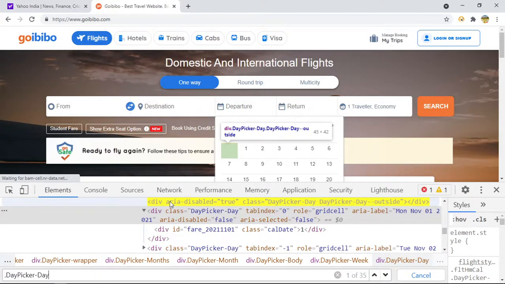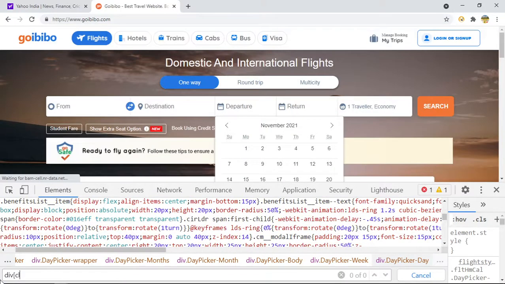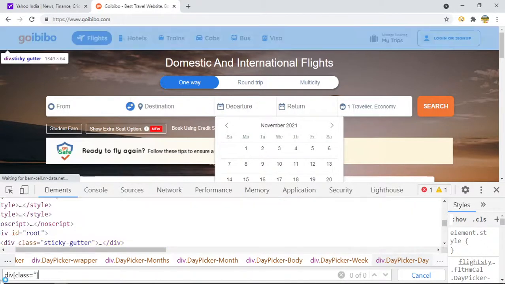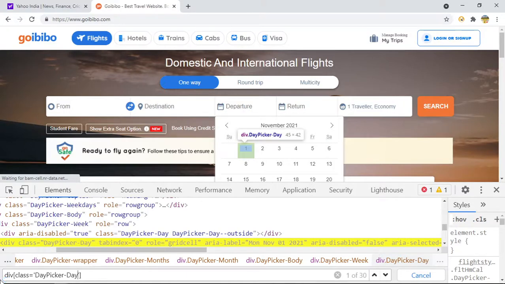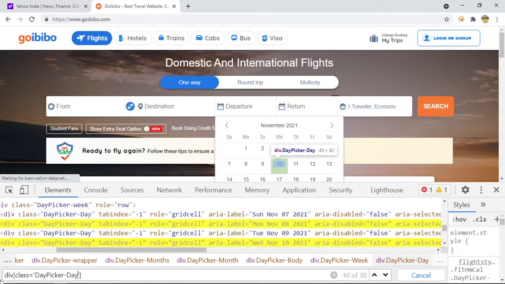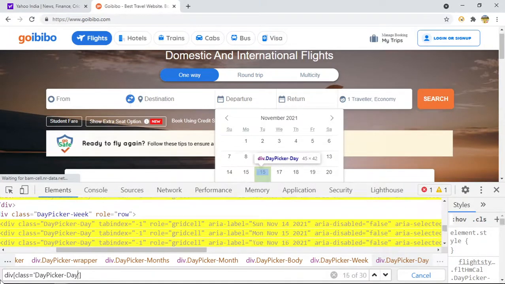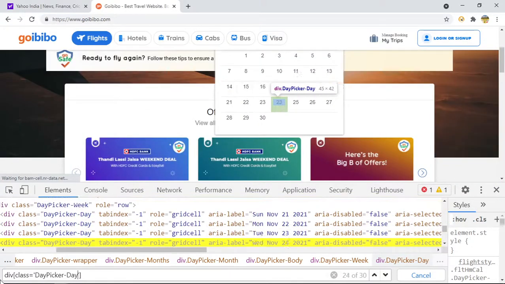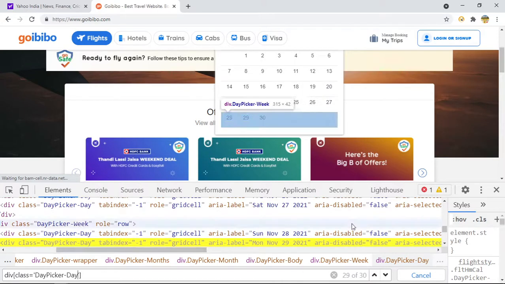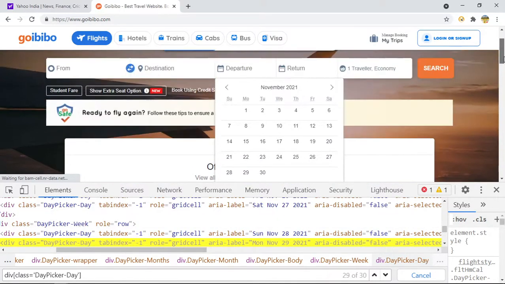I think it is coming from the previous month. So let me write div class. Now the total is 30: 1, 2, 3, 4, 5, 6, 12, 13, 14, 20, till 30, right?